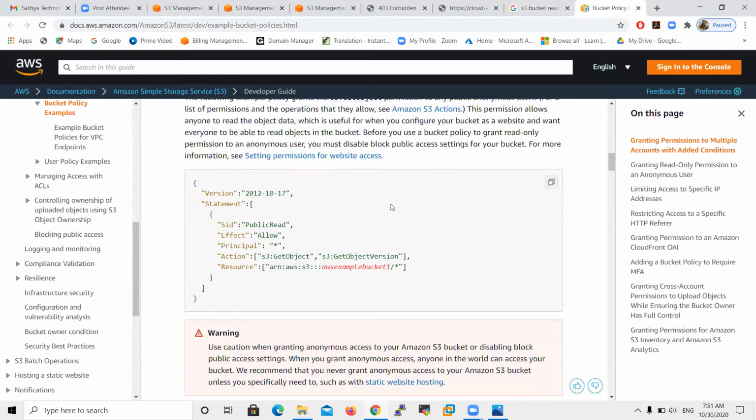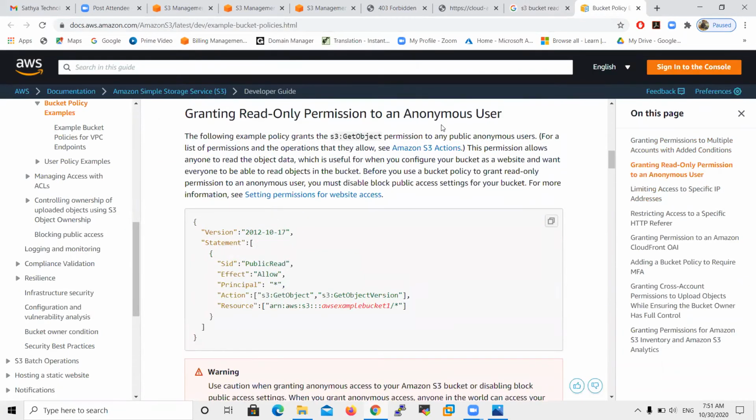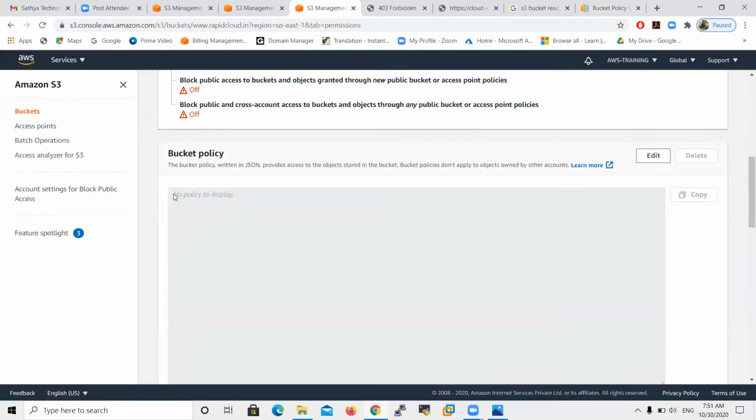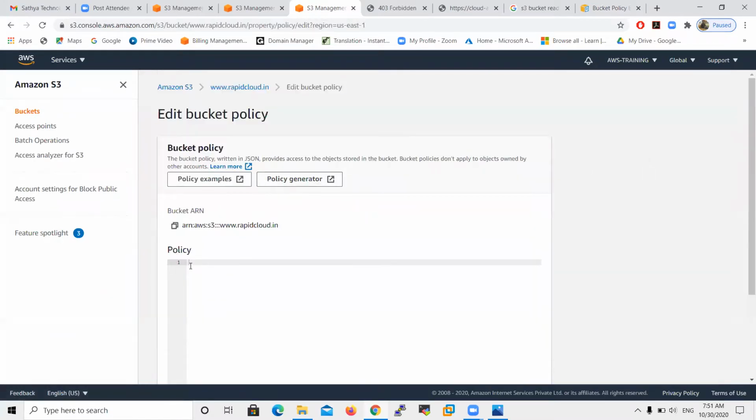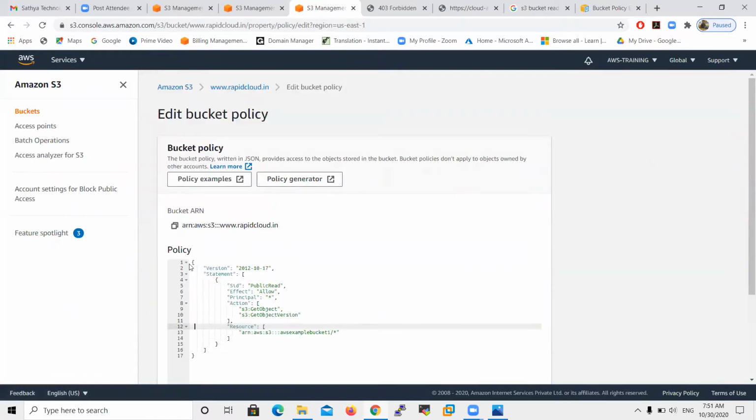Okay, so I want to do this: granting read-only permissions to any anonymous user. I need this bucket policy. Just paste the bucket policy. Edit and write the bucket policy here. But in that bucket policy, what is your bucket name?